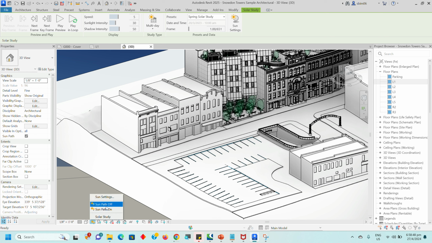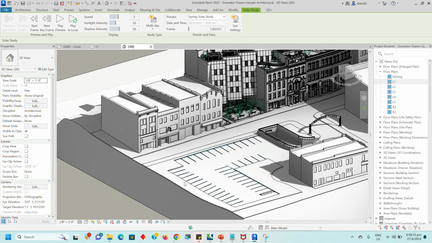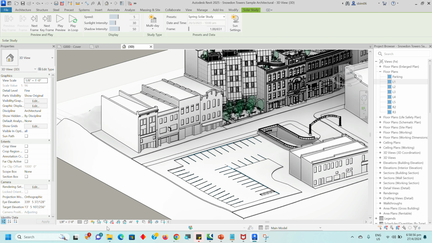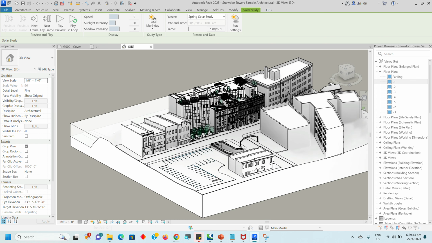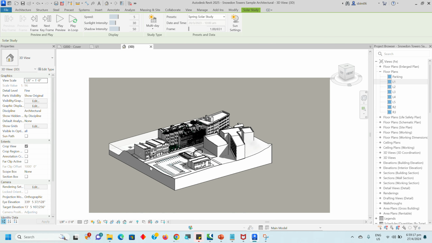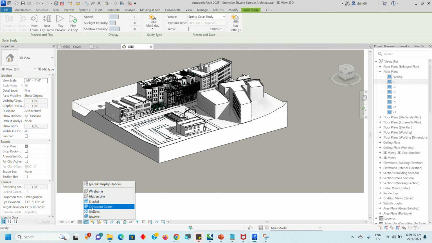Sun setting, if it's off, all the lighting is the same, right? And this is subject for rendering. Crop view. From here, close, close. Change it to